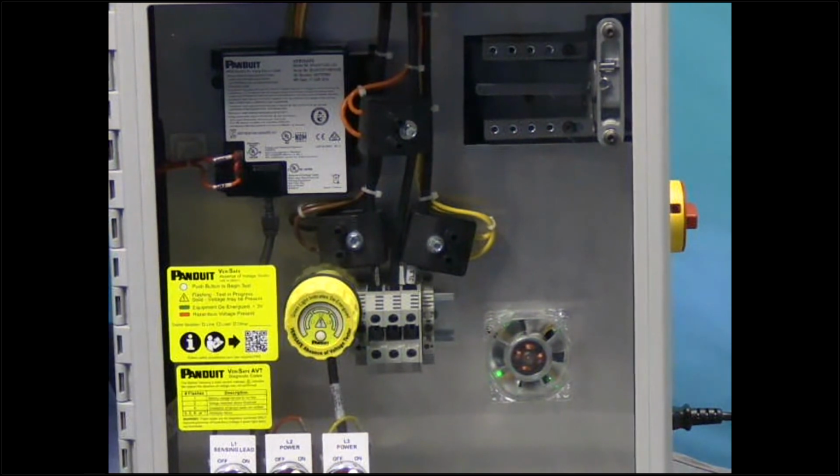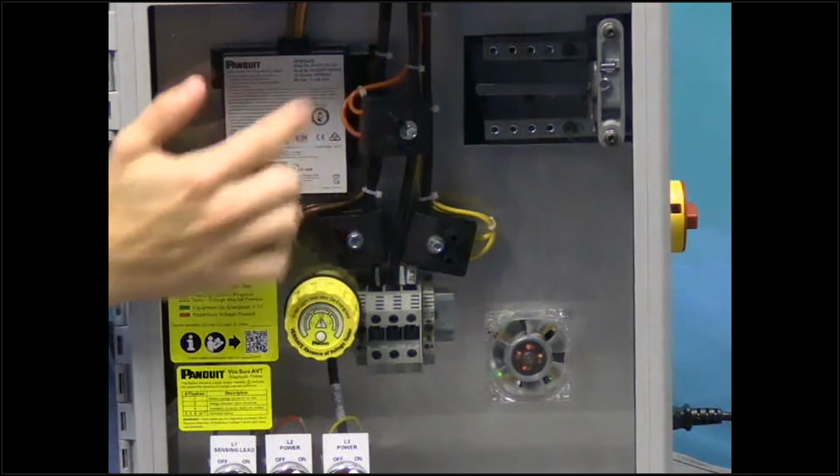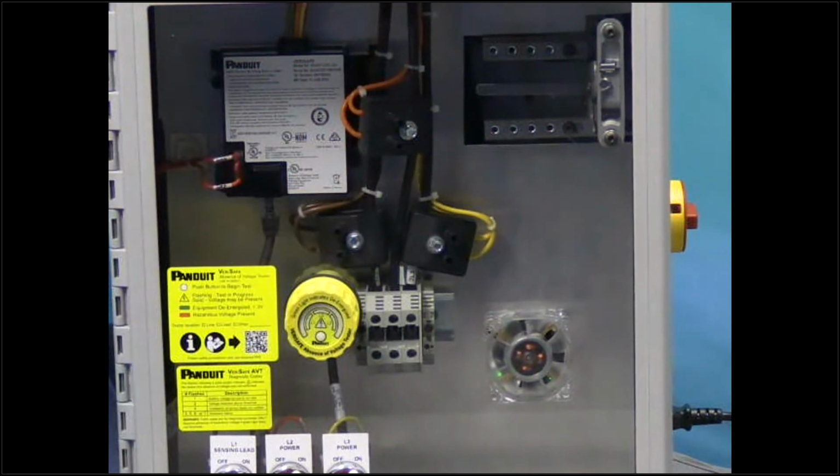One other thing that we did talk to, or I guess there's 2 other things I wanted to mention here, is the connection test. So when Verisafe is running that test, when you press that button, it's actually verifying to make sure that these sensor leads are still connected to the conductors they were installed to originally. So what I have down here is a couple switches, and I'm going to flip one of these switches off, and